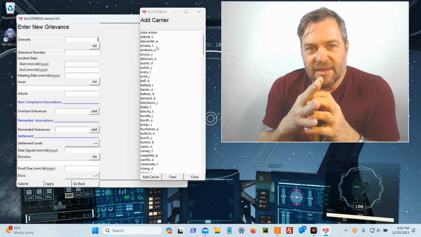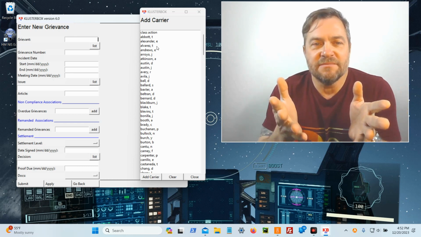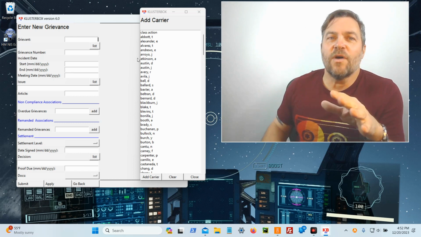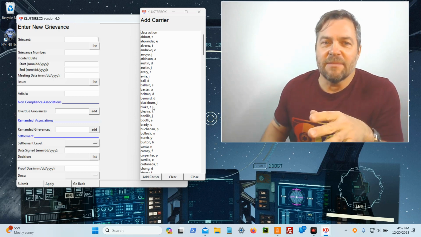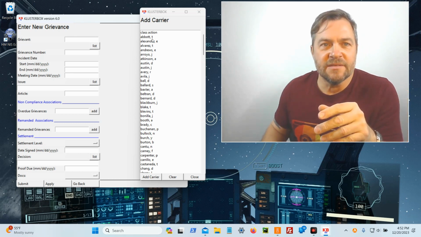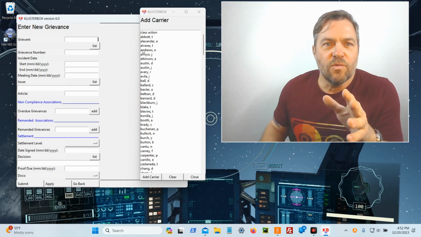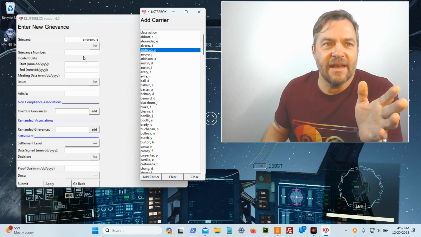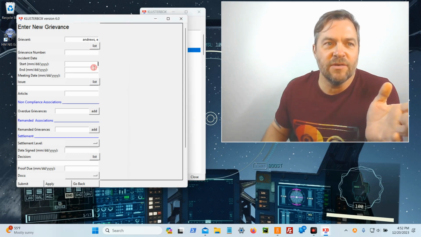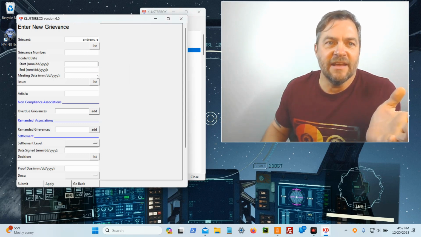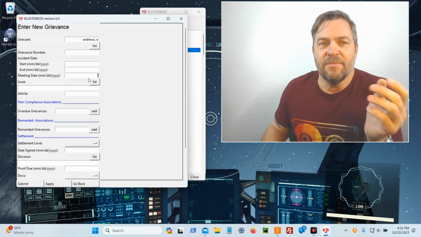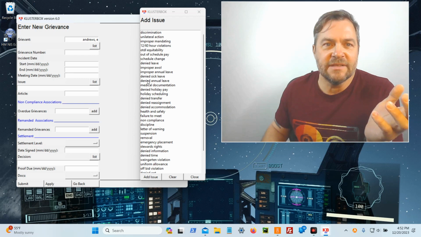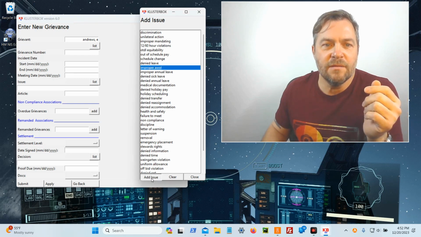And these are all fake names because I don't want to invade anybody's privacy. But otherwise, it's my same database, except the names have been changed. So say you can enter in a name, add that, and then you enter in your grievance number, enter in the start incident date, the end incident date, the meeting date, enter in an issue, let's say improper AWOL,